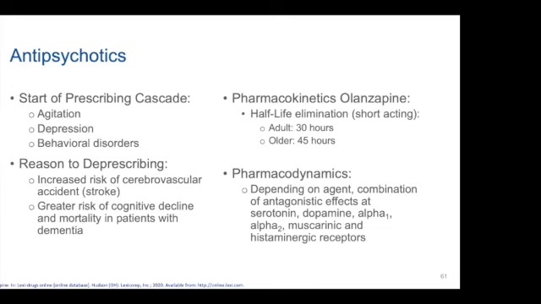Too many anticholinergics will produce a delirium. And there's a tendency to overdiagnose psychosis, in my experience, and underdiagnose